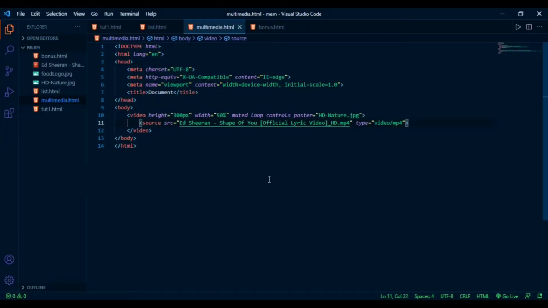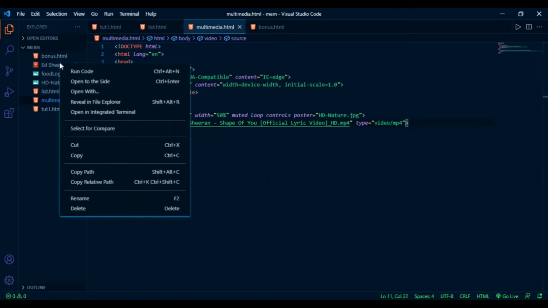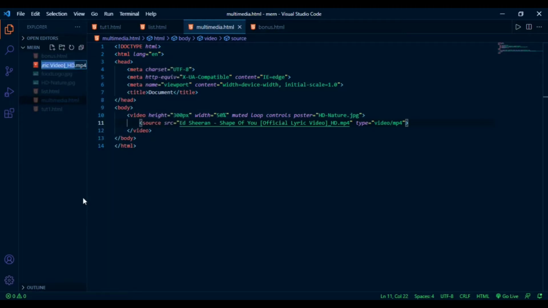If we are working in the same folder, we don't need to specify the whole path like C, user, desktop or everything. We just simply write the name of the image. I am renaming the video to video.mp4 so that our code looks pretty good.